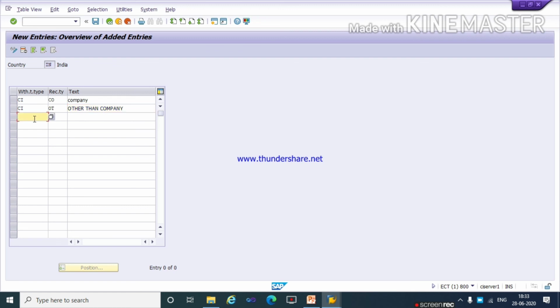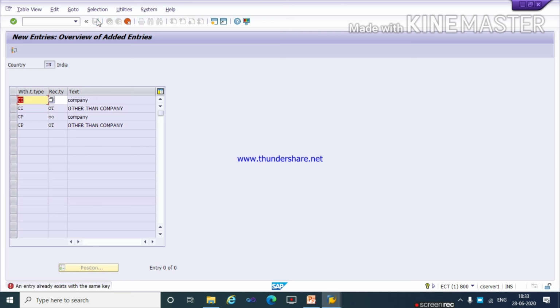Same we will define for CP also. CO, CP means 194C payment posting. And same we will give for CP for OT. OT means other than company. Then click on save. It already exists, so you have to define in the same manner.